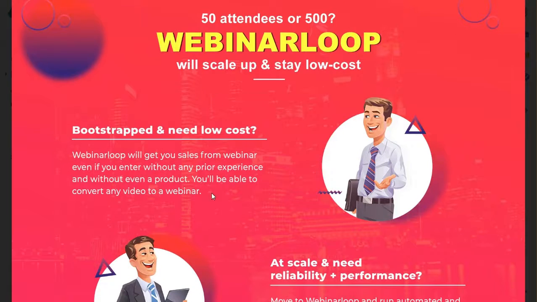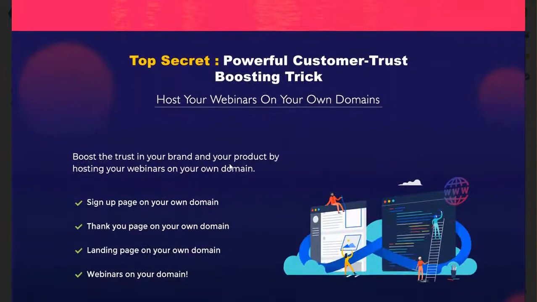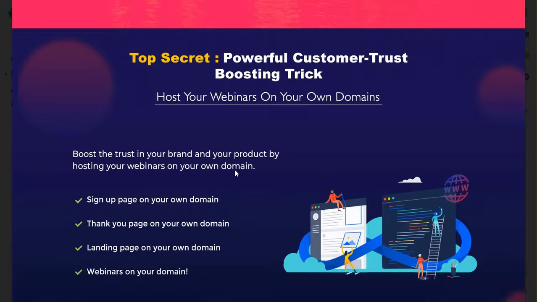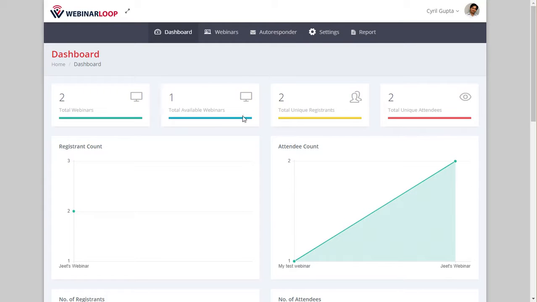Webinarloop will make sure that you are able to do what you need to do, because it is suitable for all sorts of businesses, no matter what your scale is. So let's go on and see the actual software in demo and see how to do all of that I talked about. Alright, so this is the dashboard,